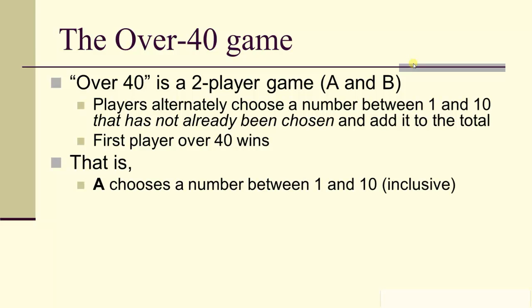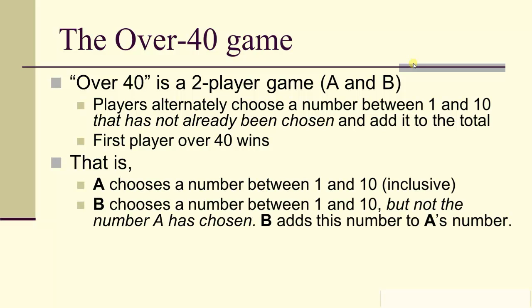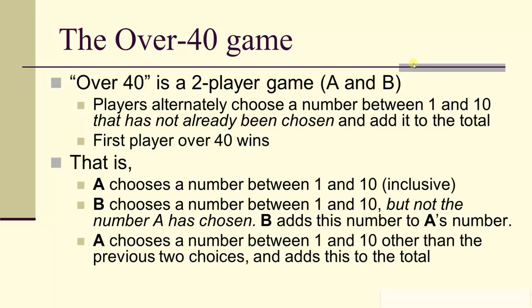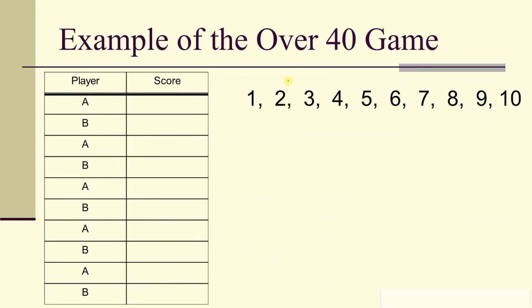So for instance, A chooses a number between 1 and 10. B chooses a different number, adds it to what A has. A chooses a different number, adds this to the total. And the player that takes the total over 40, can't be equal to 40, must be strictly over 40, is the winner. So let's suppose that player A chooses the 2,